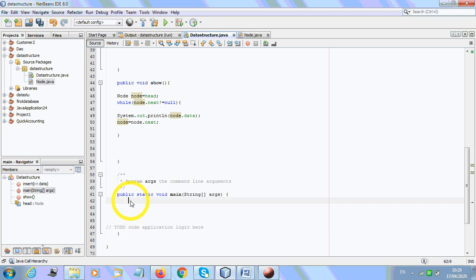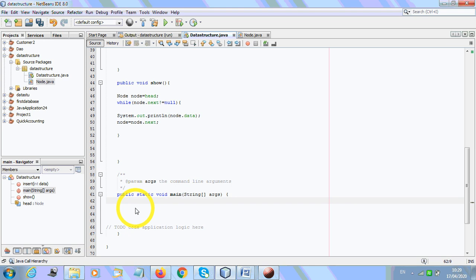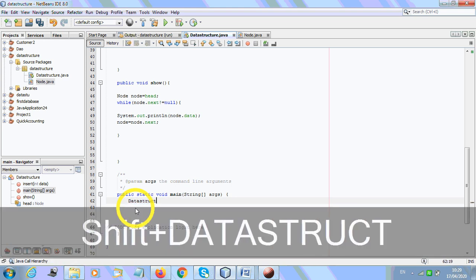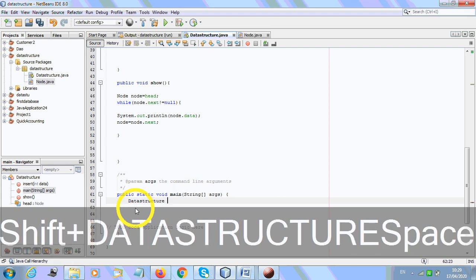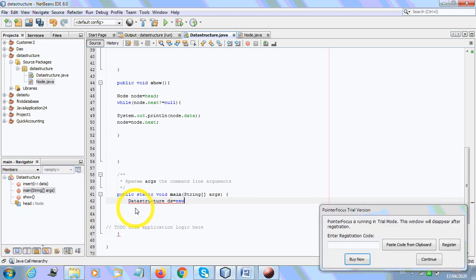But now see, the name of the class is what? DataStructure. So DataStructure ds equal to new DataStructure.